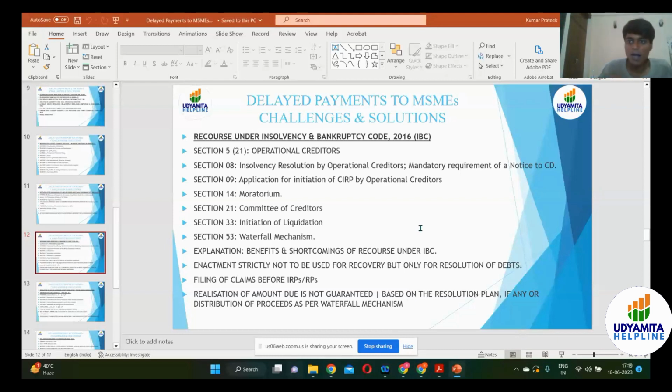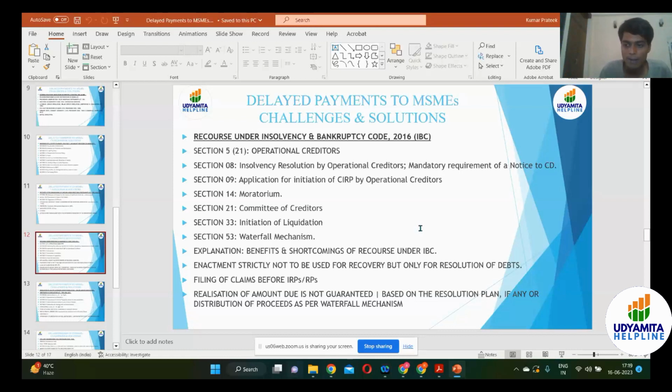There is a way how you can issue a notice, the draft of which is given under the Insolvency and Bankruptcy Code. How that notice is to be issued to the corporate debtor is provided already under the Insolvency and Bankruptcy Code, right? And in that format itself, you have to issue a notice to the corporate debtor demanding that payment,